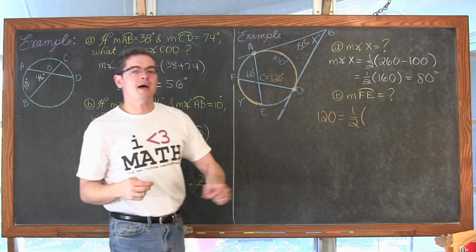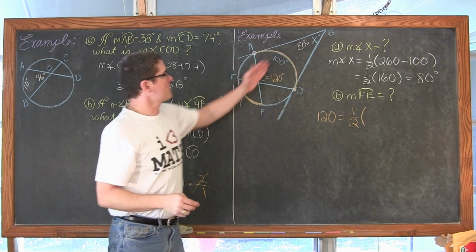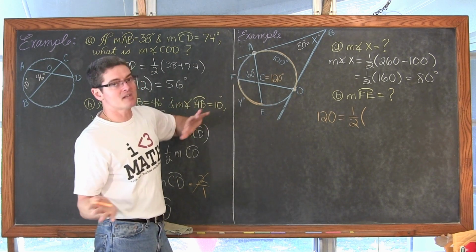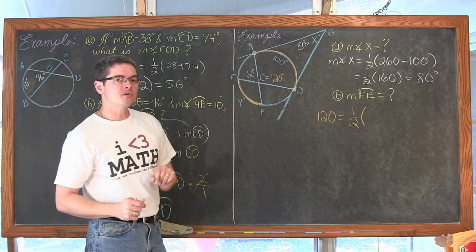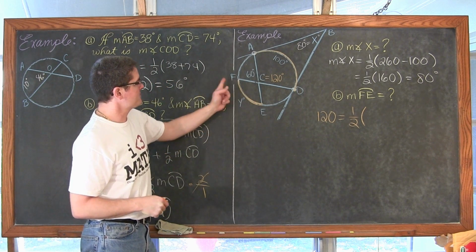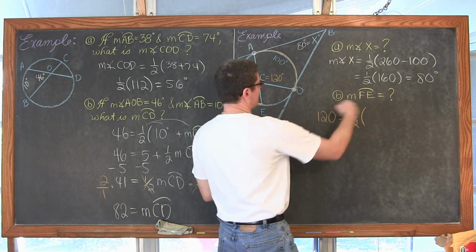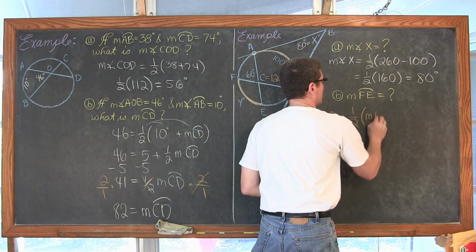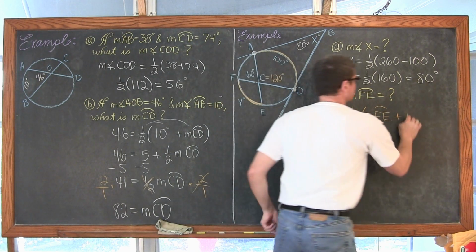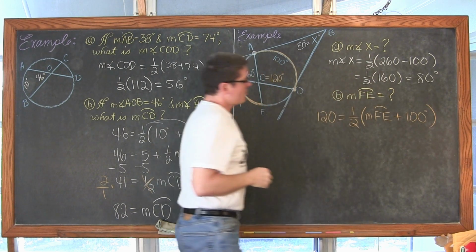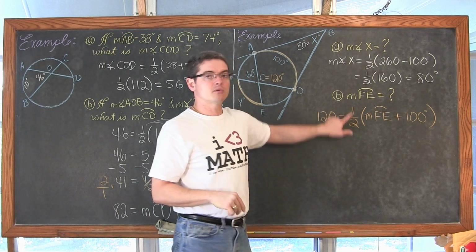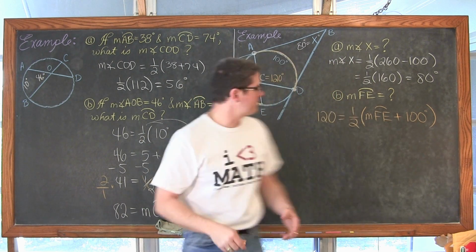is equal to 1/2 the, excuse me, not the difference, it's inside the circle. Look, plus sign, kind of swished over, but the sum. That 120 is going to be equal to 1/2 the sum of these two arcs. So we have 1/2 of the sum of the measure of arc FE plus 100 degrees. I think this time I'm going to immediately multiply both sides by the reciprocal just to show you another way of showing the work.